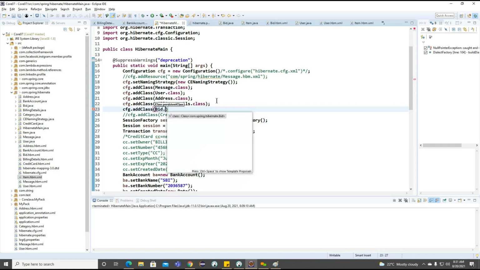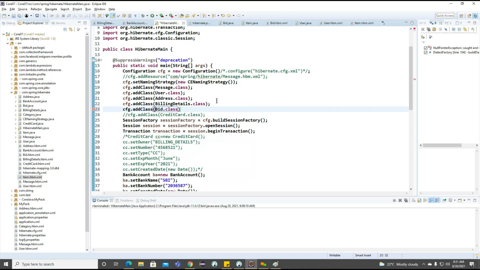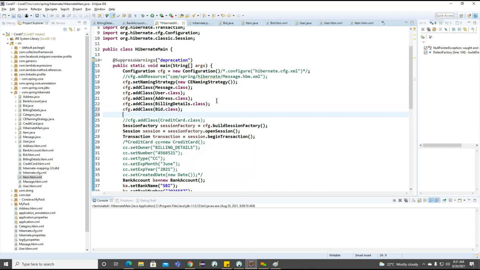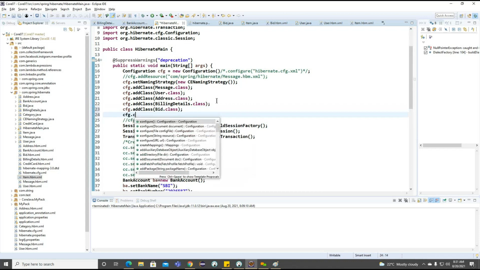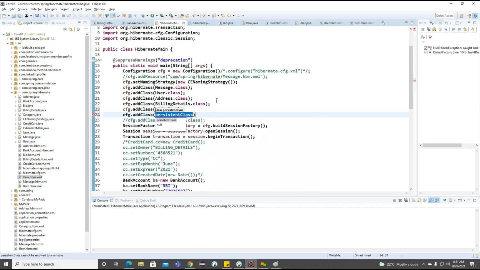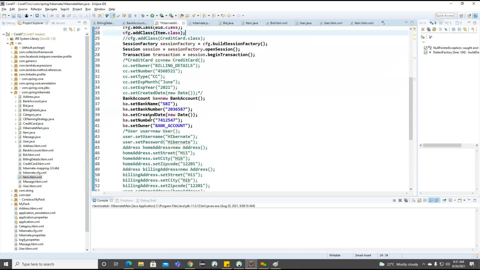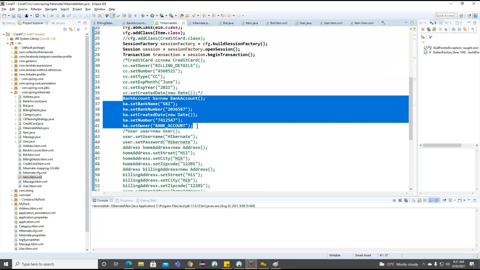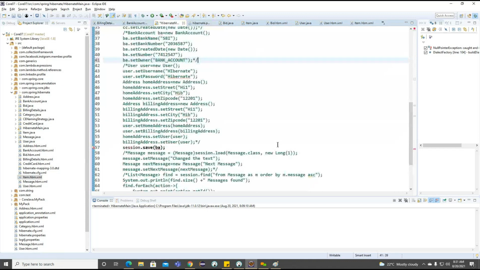First we need to provide bid class, and after bid we can provide item here, right? And now what I will do, I will comment out this section of code here.